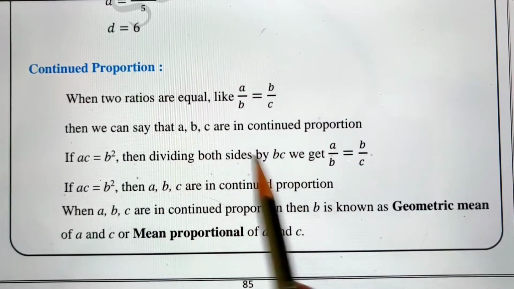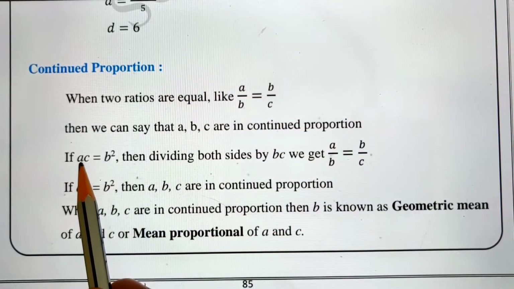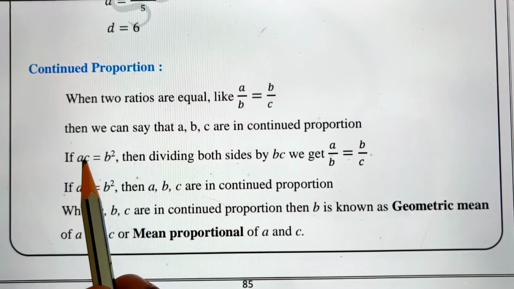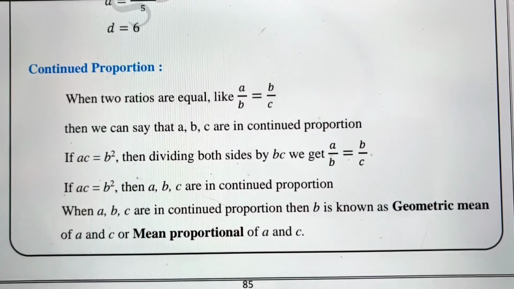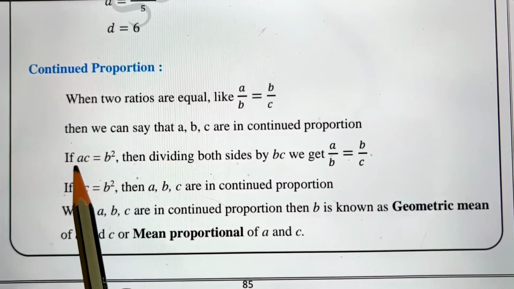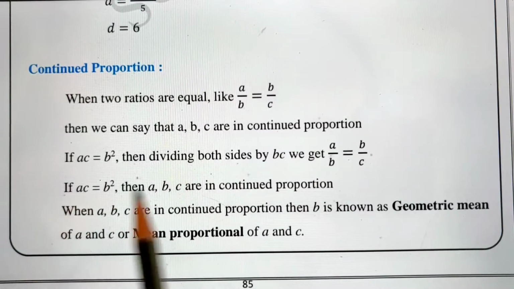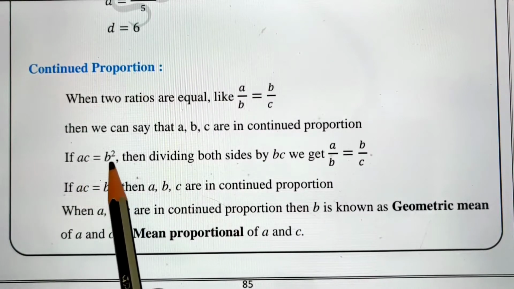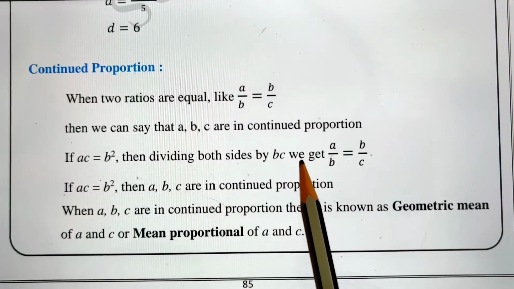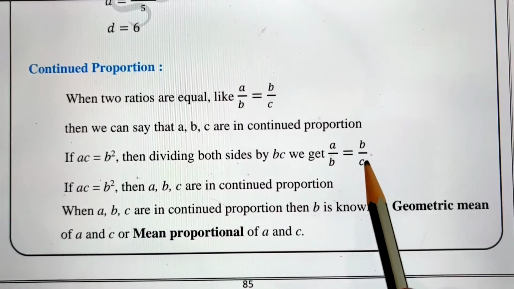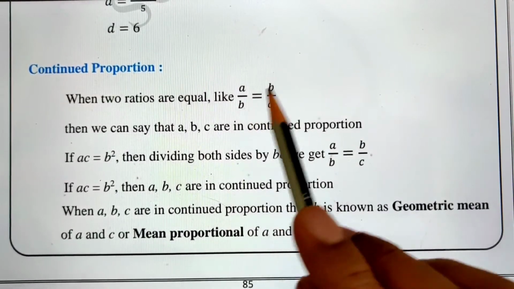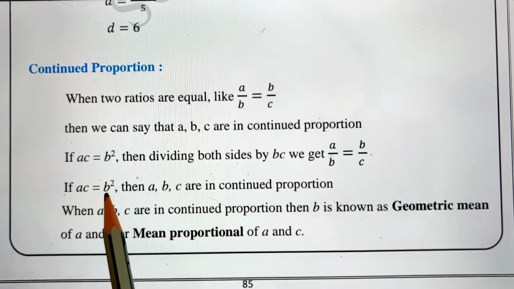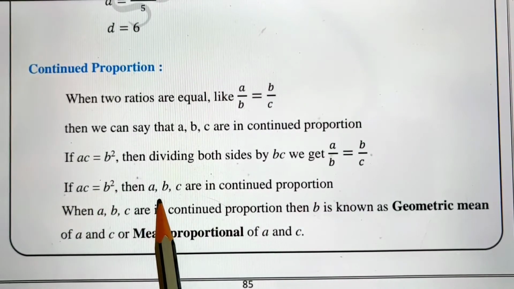Or by cross multiplication, B square is equal to AC. If A, B, C are three numbers, and B square equals A into C, then we can say that B is the mean proportional of A and C, or A, B, C are in continued proportion. So A by B equals B by C. Here that second term remains same. If AC equals B square or B square equals AC, then again we can write A, B, C